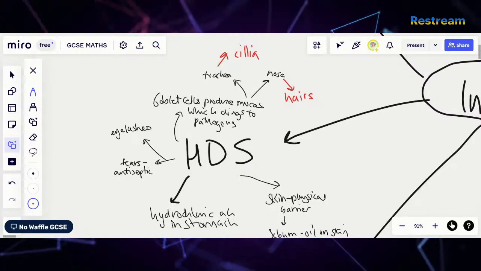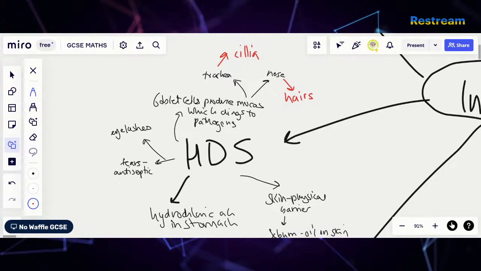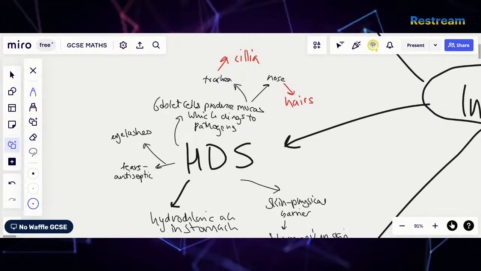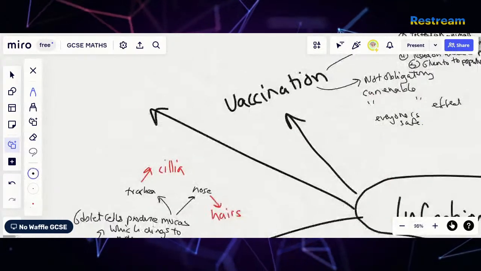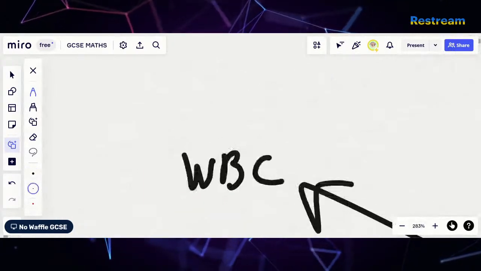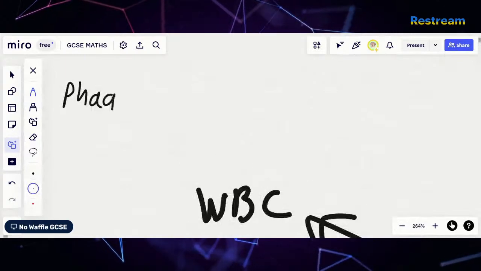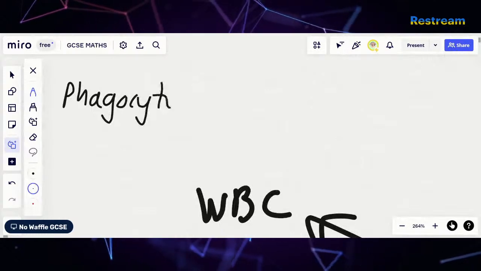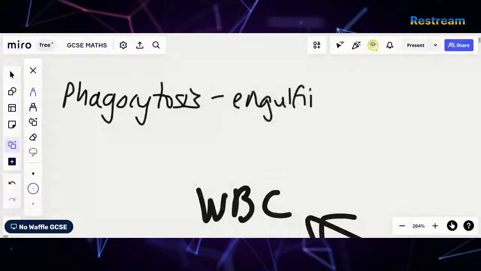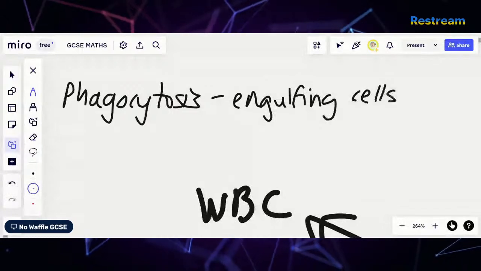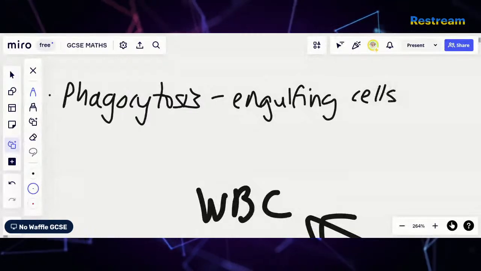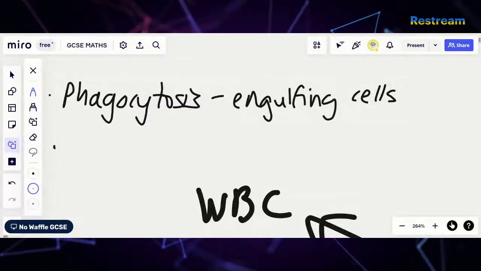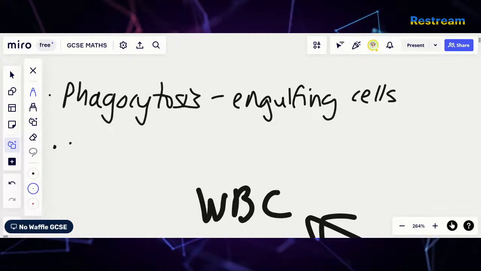Now, we need to talk about the three functions of white blood cells. The first is phagocytosis, which is engulfing pathogens, and once it engulfs the pathogen, it then alerts more cells to come that way and dispose of it. Then there's producing antibodies,